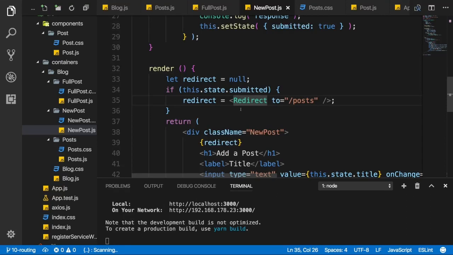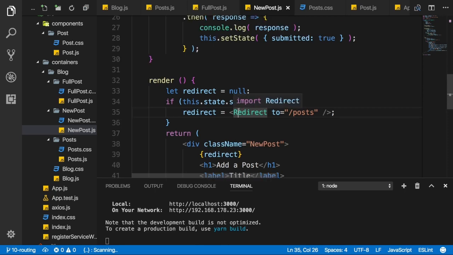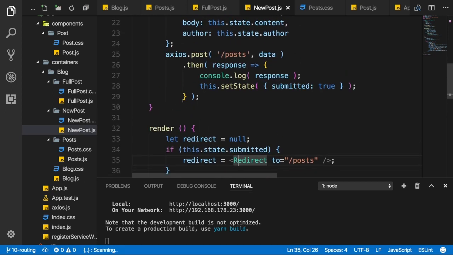In the last lecture, we learned how to conditionally redirect, and that is a nice way of redirecting. Now, to be honest, the way we redirect in the new post component is maybe not the way you're always going to do that. In the end, after submitting a post successfully, you just want to switch the page. And for that, you can of course also use that history prop, which you get on every component, which is